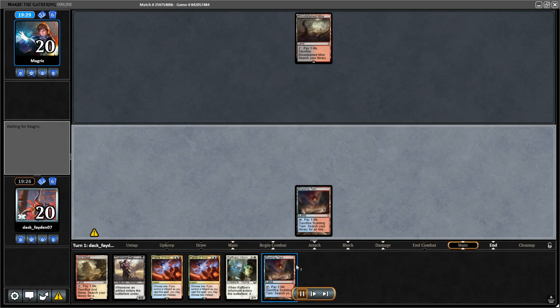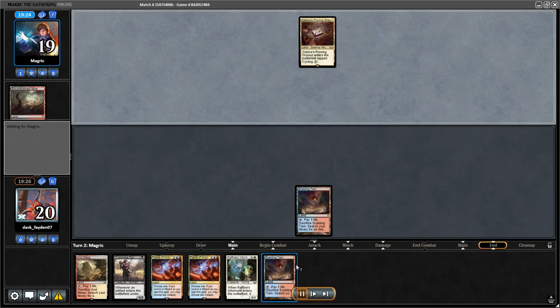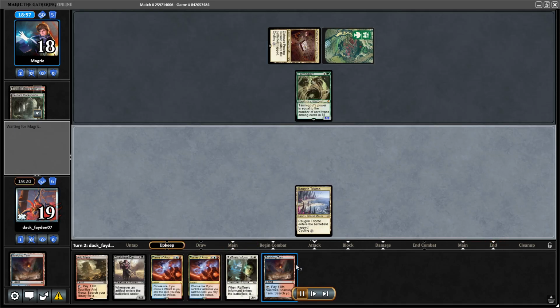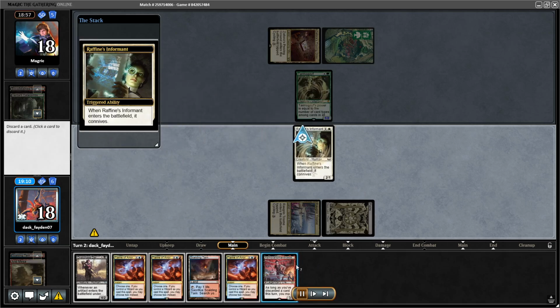I played a Tarn here. I have Ragavan, Nimble Pilferer on turn 2. Discard Oval Chase, hopefully just get it back for free again later. When I need it, I find the Rogran Triumph. I get Plains, I play the Raffines, and